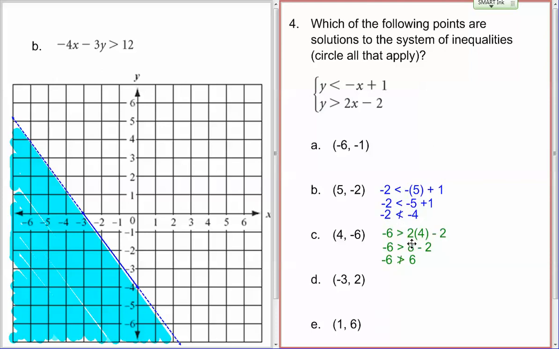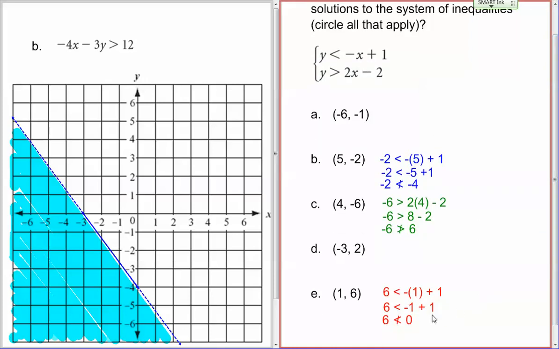C. This point does not work in the second inequality. So if I plug in -6 for y and 4 for x, I get this inequality. I'll do the multiplication here. 2 times 4 is 8, and then 8 minus 2 is 6. That leaves me with -6 is greater than 6, which is not a true statement, meaning this point is not a solution. And then if we look at E,